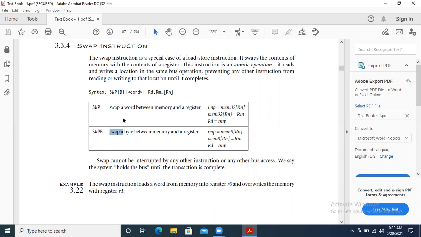If you want to pass one word, you can use SWP. If you want to pass only one byte, you have to use SWPB, because it allocates only 1 byte, whereas SWP allocates for one word. That's why, to save memory and increase execution speed, I have to specify first whether I am passing a word or a byte. Depending on that only, we can apply this syntax. Is that clear?